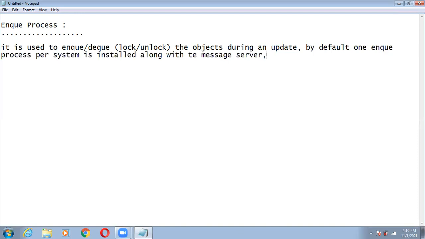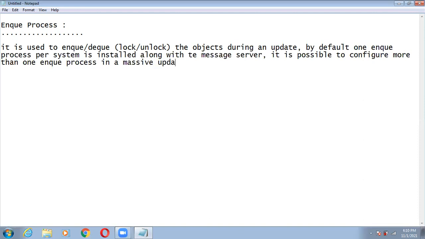Okay, it is possible to configure more than one NQ process in a massive update.